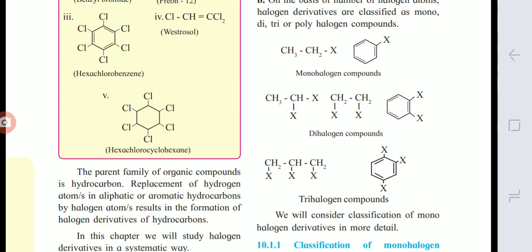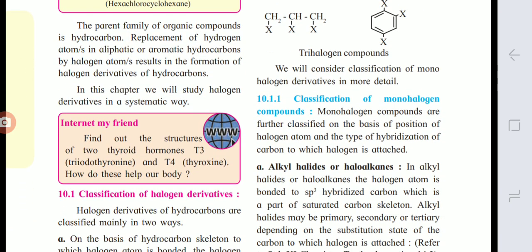And in the next structure, the benzene structure, you write the numbering in clockwise direction. Top carbon is 1, then 2, and the bottom carbon is carbon number 4. So the name of the compound becomes 1,2,4-trihalobenzene. Here benzene is the parent compound. In both structures, 3 halogens are there, so it is a trihalogen compound. The next classification.